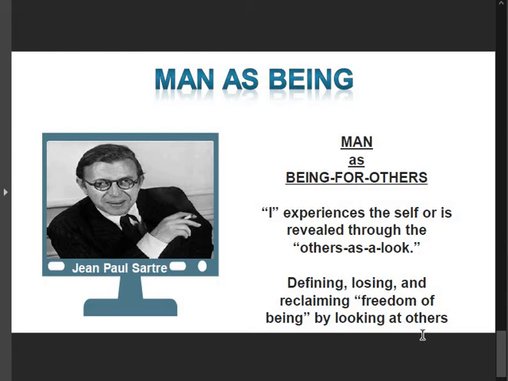And of course we have the last one: man as being for others. Jean-Paul Sartre, or you could also read that one as Jean-Paul Sartre, whichever you prefer, defines or sees man as being for others. So it now mentions the term others. It's more like the concept of I-Thou of Martin Buber. So I